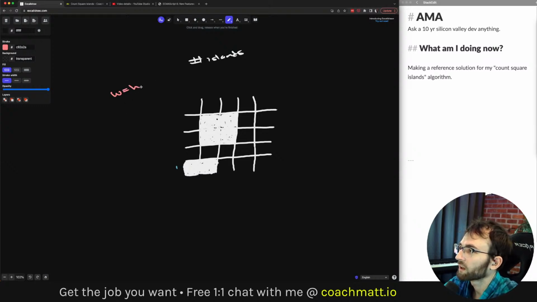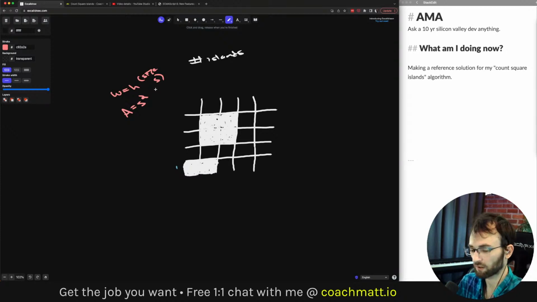Similarly, maybe we can call this a size, or an S. So area is equal to the size squared, right? These are really the only qualities of squares.